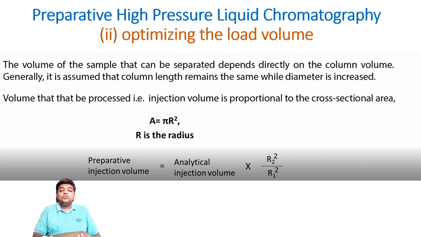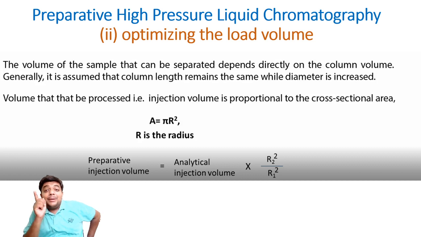I just need to know the internal radius of the analytical column and the internal radius of the preparative column. Putting those values over here, along with the maximum analytical injection volume, I can get the preparative injecting volume. For example, in an analytical injection, I am using 0.2 ml. The radius for the preparative column is 50 mm and that for the analytical column is 4.4. So it is 0.2 multiplied by 50 divided by 4.4. And the answer that I get is the maximum volume that can be loaded as a sample in the column